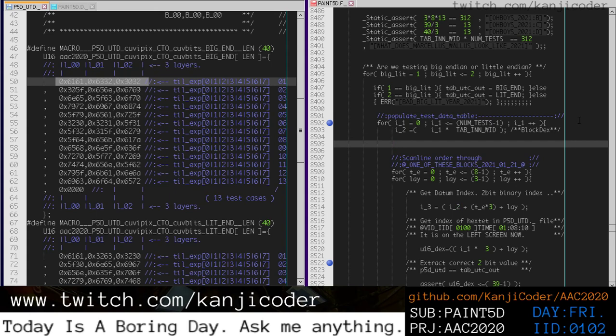So if 0 is not equal to this I2 modulus 24,